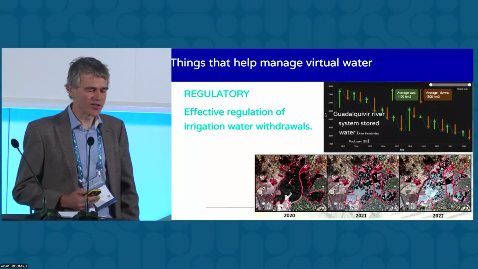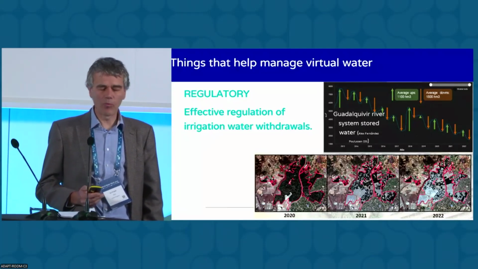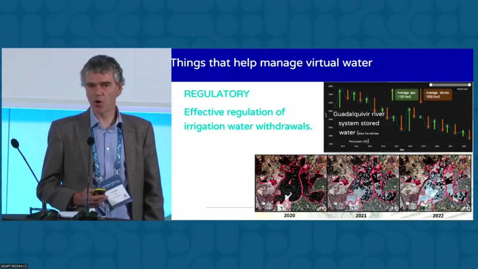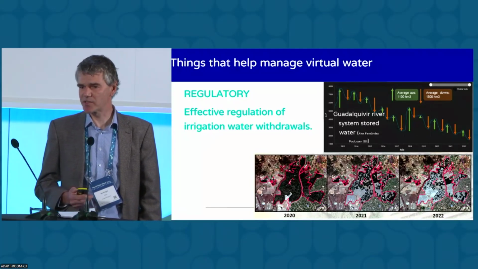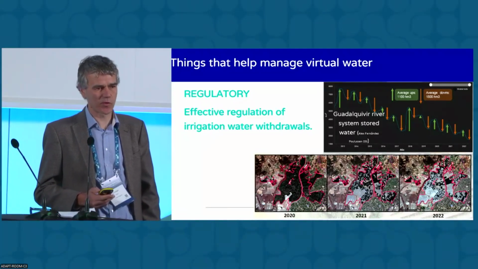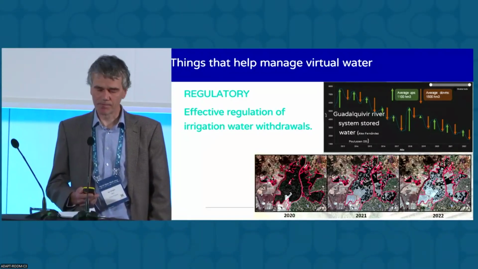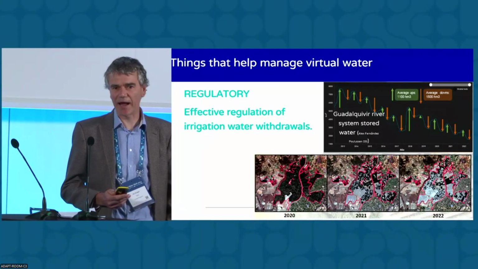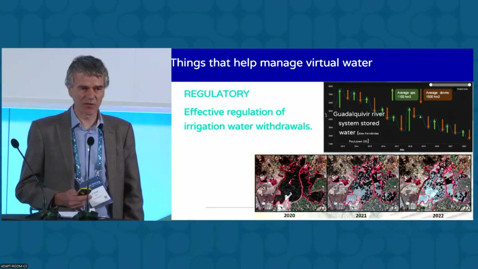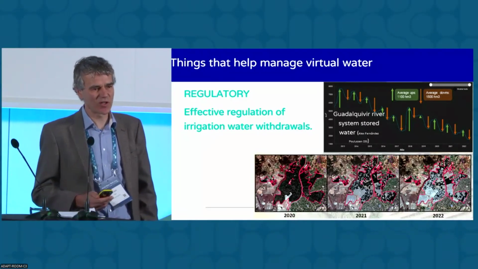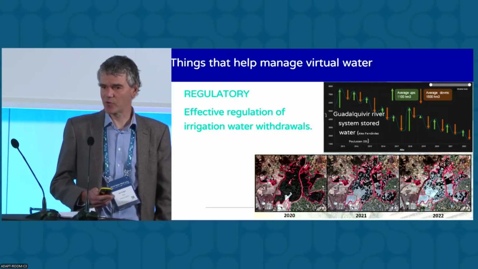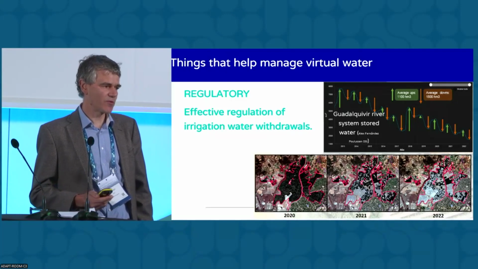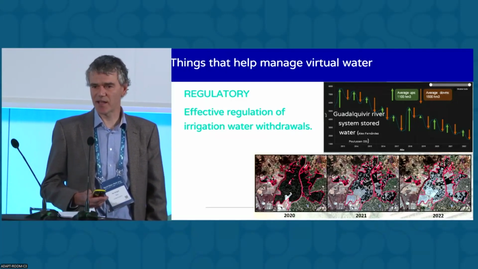So moving on to changes, things that can help manage virtual water. We have a brand in Europe called Ben's Original. It's a rice brand, and we've historically sourced that rice from the margins of the Guadalquivir River, south of Seville. And Spain, as many of us are aware, is undergoing various forms of drought in recent times, and you can see on the little chart here the excess of usage compared to supply in the Guadalquivir River system. The pictures show the left and right margin of the river where rice is cultivated.